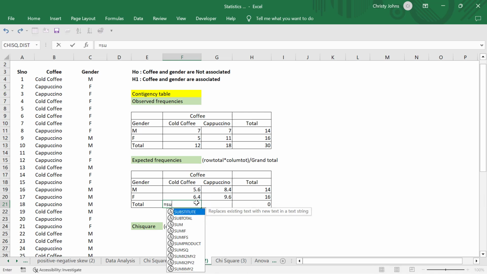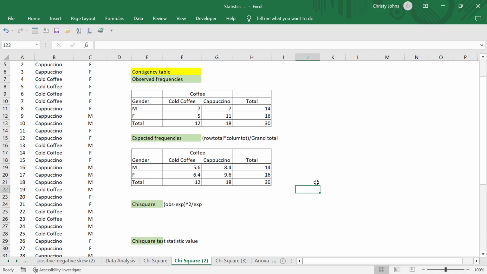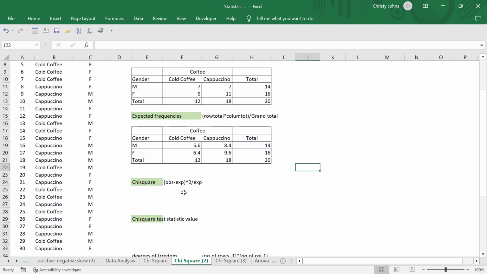Here also give the sum of these values and drag this. Now we have got the expected frequency table also. Then next, we need to calculate the chi-square equation, so that we have one equation that